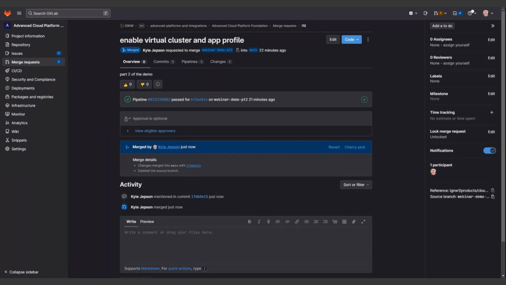And then we're going to flip over into app mode. And when we go into app mode, this is more of the developer-centric view within Palette, where we can set up, very similar to a cluster profile, app profiles. I'm going to go ahead and let Jesse talk a little bit more about all of this. But as we see the Terraform apply start to run, what we should start to see is some additional app profiles start to pop up in here. And then we're also going to see some virtual clusters that are going to start kicking off. As you see, virtual cluster AWS.